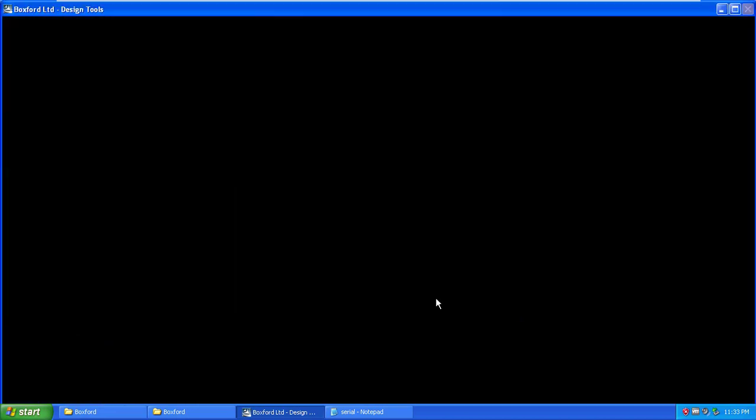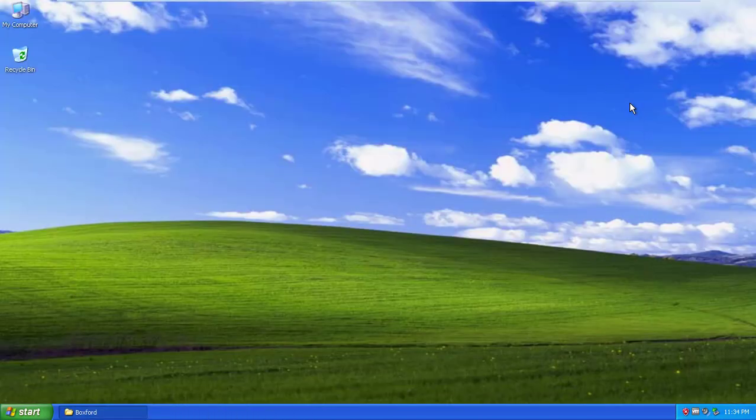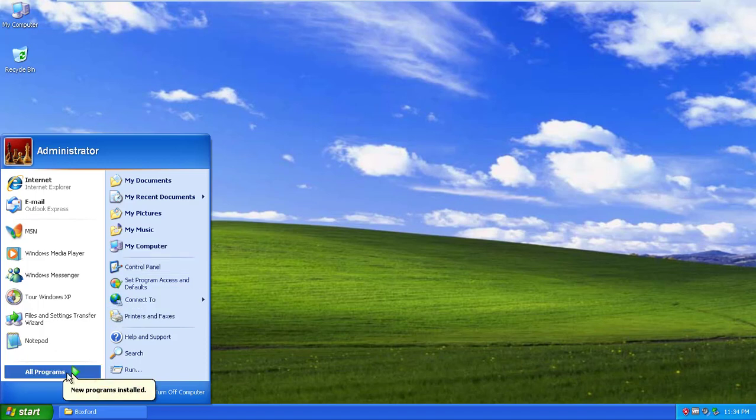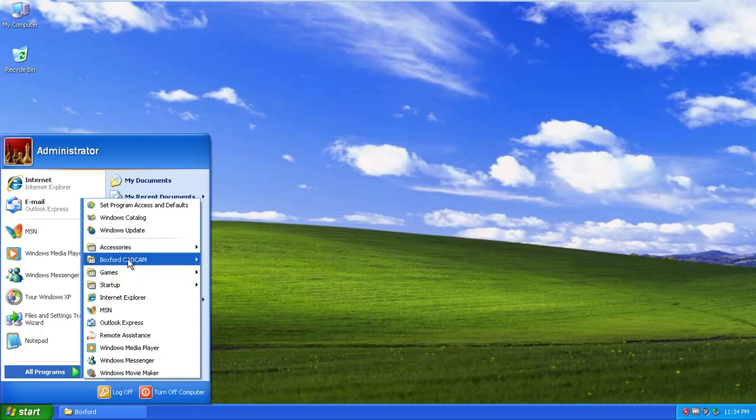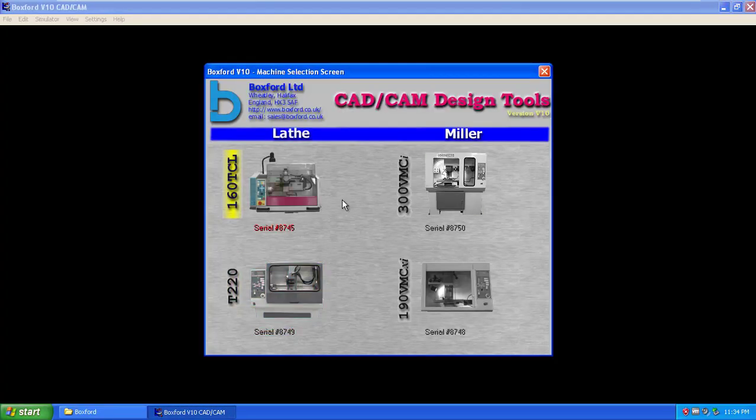Click on the finish button. Now go to the start button. Close these files. Click on the start button and click on all programs. Now you can see Boxford KTCam. Here you can see Boxford V10 KTCam application. Click on this.